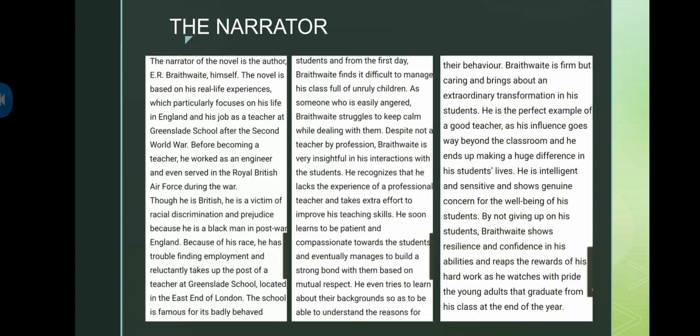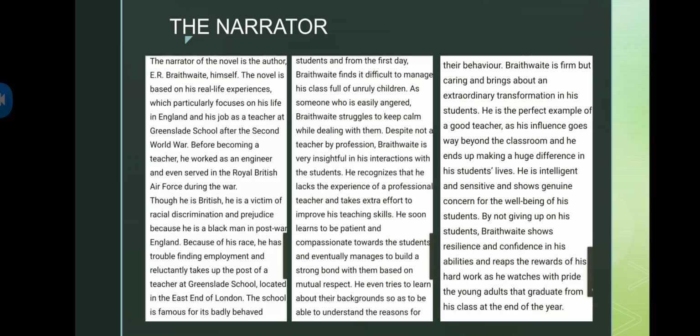Before becoming a teacher, he worked as an engineer and even served in the Royal British Air Force during the war. Though he is British, he is a victim of racial discrimination and prejudice because he is a black man. In post-war England, because of his race, he has trouble finding employment and reluctantly takes up the post of a teacher at Greenslade School, located in the East End of London. The school is famous for its badly behaved students, and from the first day, Braithwaite finds it difficult to manage his class full of